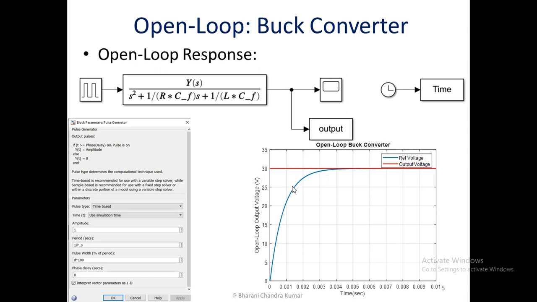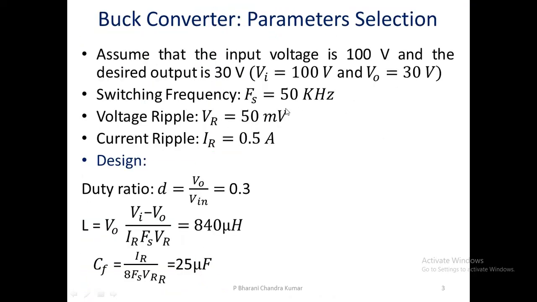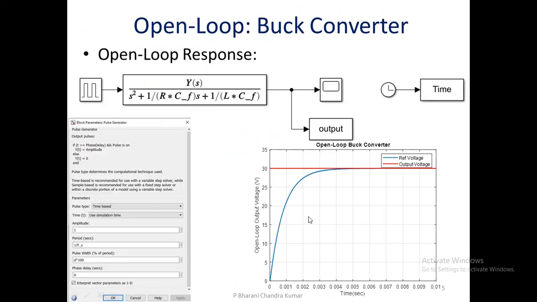But the problem with this open loop buck converter is that the duty cycle is fixed. If I want the output to be 40 volts or so, there is no feedback mechanism, so you cannot obtain the desired response. You have to go back and design for 40 volts, all these calculations need to be redone, and then it needs to work out to get the desired response. That is not what we want. We want that, dynamically, if I just change the reference output voltage, it should reflect here.